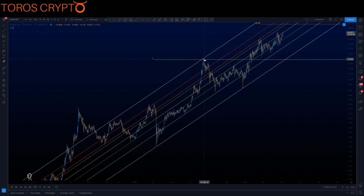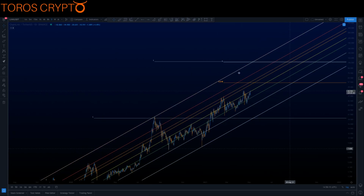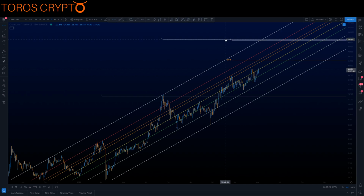So we came right up into this 1-to-1 previously, which was at this $20 psychological area, and a really nice retracement back there all the way down to $7. Now we have something similar. So if we take the low to this high and then again down to this low, then we have this 1-to-1 here coming in around